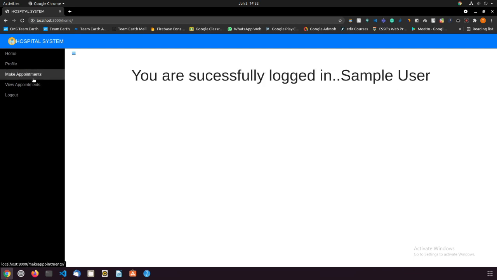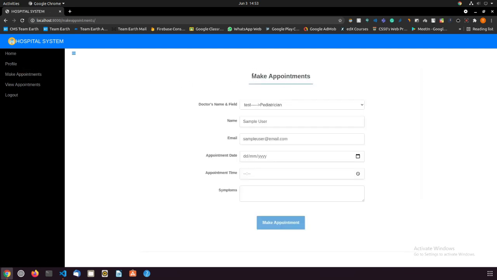And then if I go to make appointments, this is the page where you actually make appointments. Then you have to give the doctor, whatever doctor you want to make the appointment with. There are 5 doctors right now: pediatrician, general surgeon, dentist, ENT specialist, and a dermatologist. I'm just going to go with pediatrician, and the name sampleiuser@email.com, and then you have to mention the appointment date too.